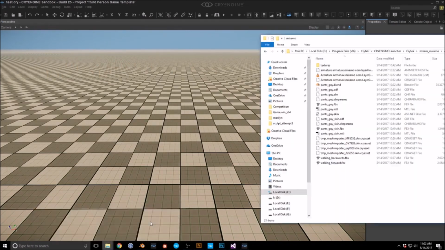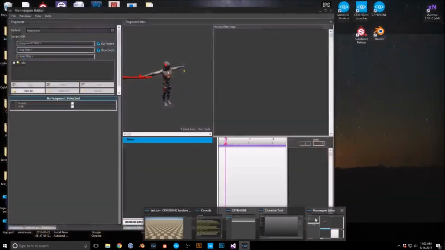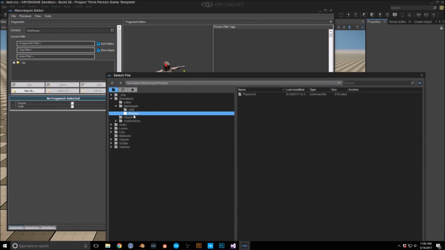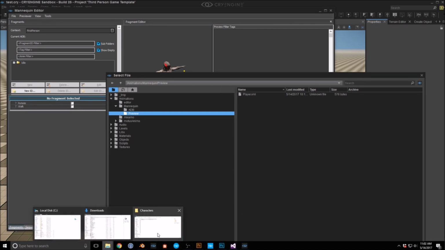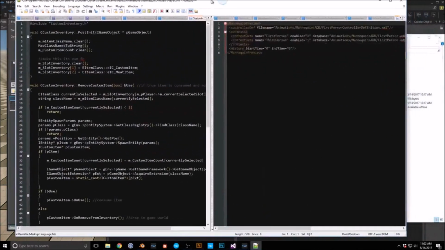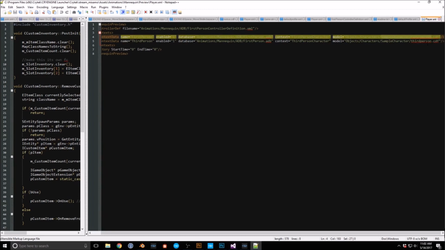So what we need to do is go back in here, and let me look at that path again. That way we actually see the correct previews for what animation is going on. So let's go load preview setup, and this was under Mannequin and preview. It's going to be assets, animations, Mannequin, preview. So let's edit this with Notepad++. If we look in here, you'll notice that our model is actually set to the first person and third person, and not our Mixamo pants guy one. So let's update this to be Mixamo